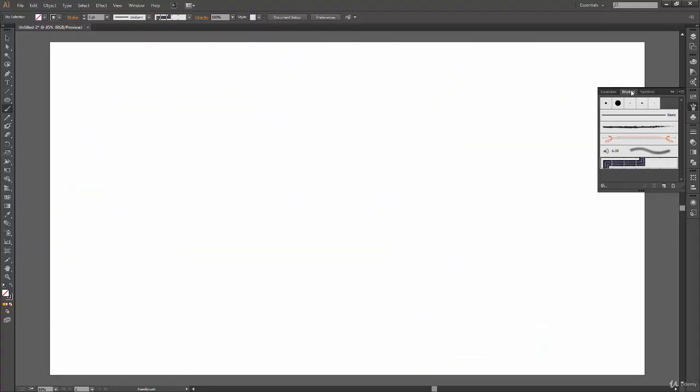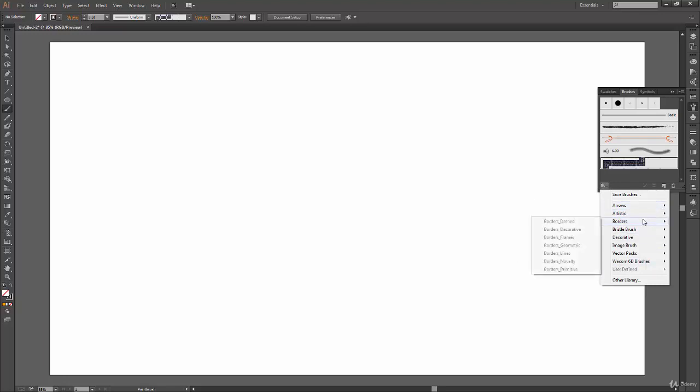Alright, so now let's go to some of the brushes we have over here. So these are the default ones which Illustrator provides. Now we can open some new libraries by ourselves. So to open that kind of library, you can click on brush library over here. At the bottom left corner, you have this button. So when you click on this, you will get this drop down. Okay, so when you click on this drop down, you can go to all these submenus, and you can see that you have some custom libraries or some more libraries that are available with you. So let's say we'll go to arrow and arrow special over here,